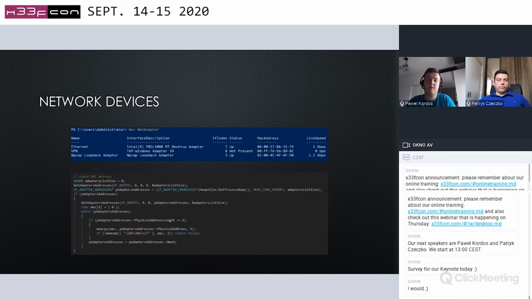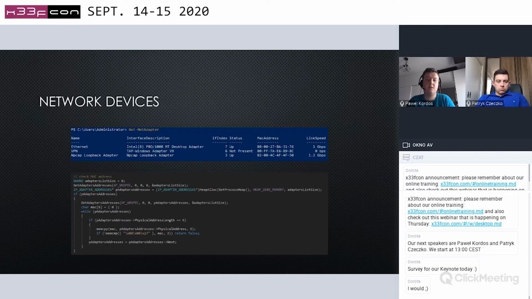And usually, when it comes to the network devices for any virtual machine, they have to be simulated for most of the cases, of course. And especially, you should pay attention to those network devices, because as probably most of you know, the MAC address can indicate the presence of a virtual environment, since the first 3 bytes of the MAC address are actually a